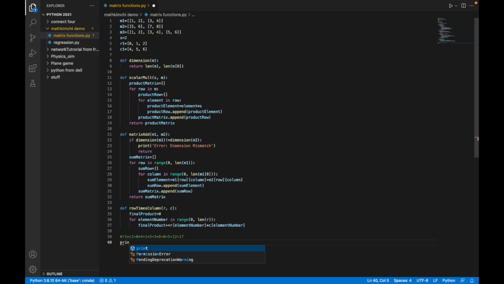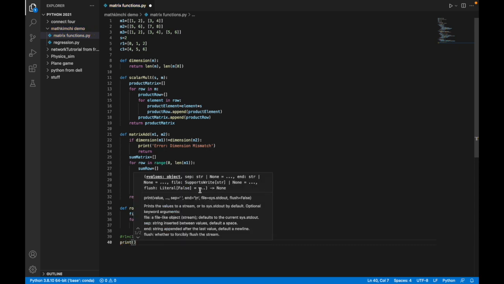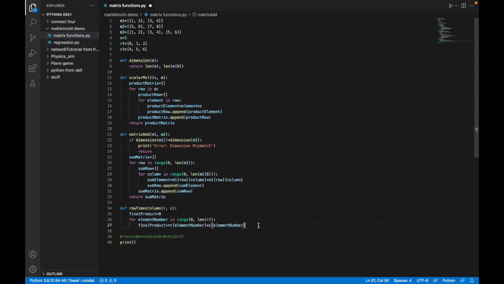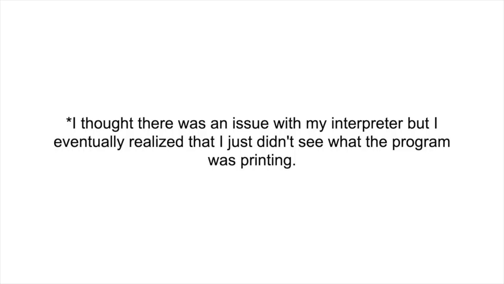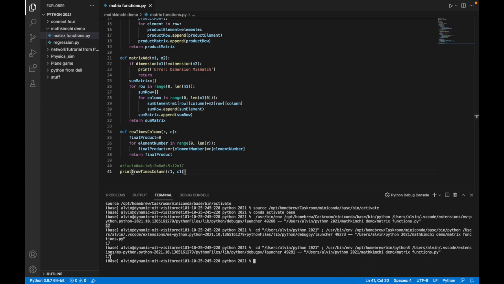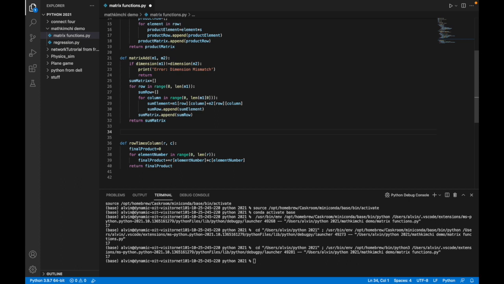And let's see if that is what we actually get by printing. Before we do anything, let's actually make the function return the final product so we can know what it is. And we have to print row times column and give it row 1 and column 1. Alright, and we are getting the correct answer, which is 17. So now that that's working, I'm going to be working on the actual